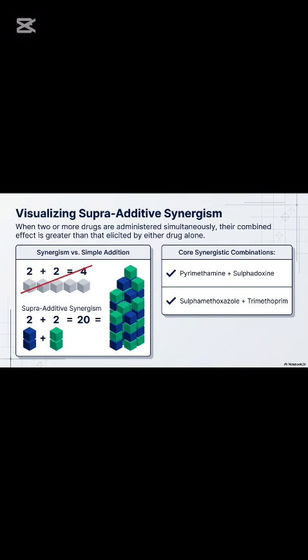And now, there is something known as supra-additive synergism, where instead of having summation or addition, like the normal we saw before, where you have 2 plus 2 equals 4, you're having 2 plus 2 equals 20. Both drugs being combined now have a far greater effect than each of them individually, as seen in the